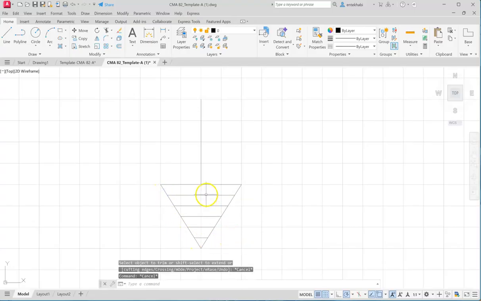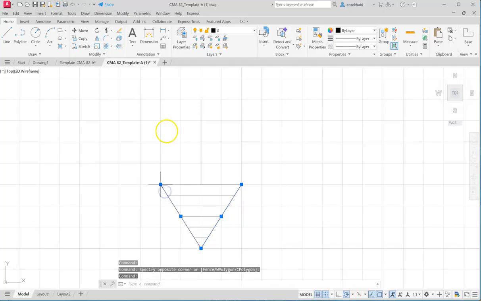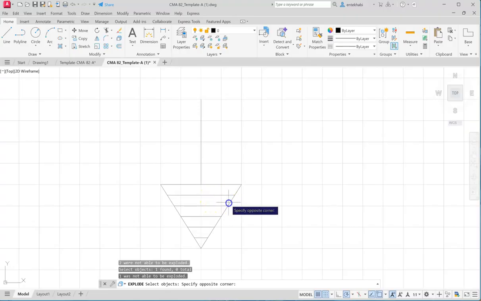Okay, this is our ground, so I will delete these lines as well. Erase those. Oops, did not get it. For some reason, my snap is not picking right. Okay.